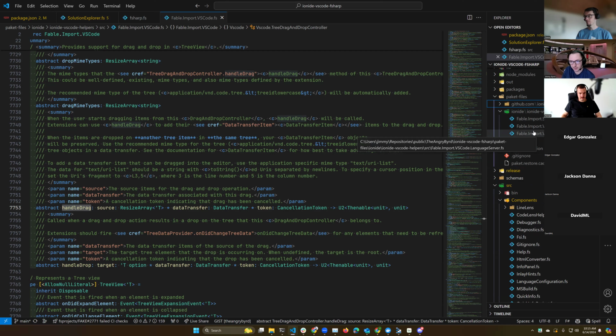That's the kind of problem we're running into: what does VS Code provide for us, and how much hacking do we want to do to make this work? And that becomes a more difficult problem as we progress. So when you look at the API, the target is the node that you're dropping it onto. But in our context, we need to think about above and below.